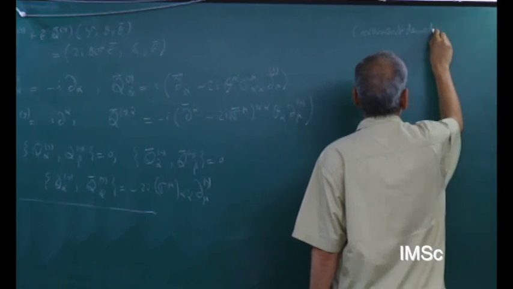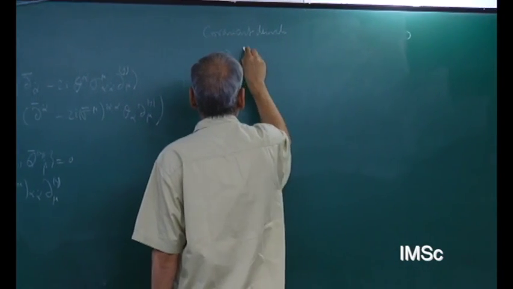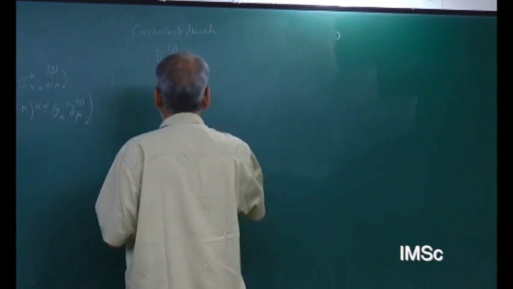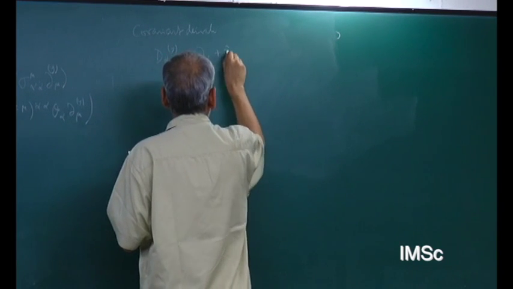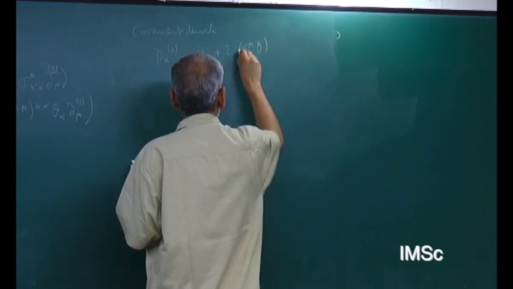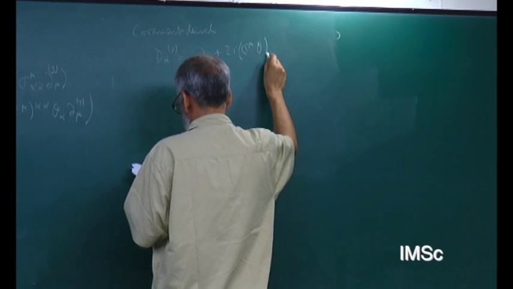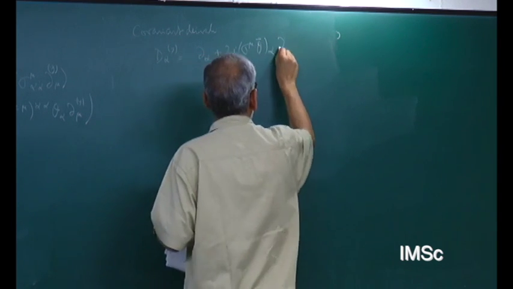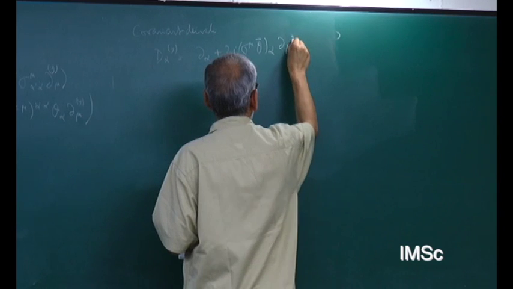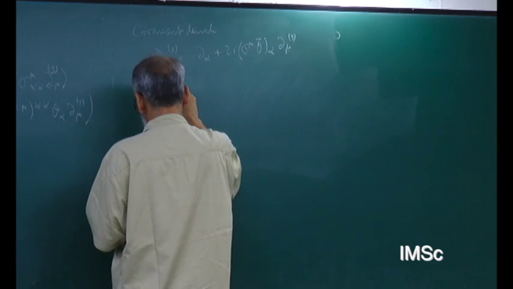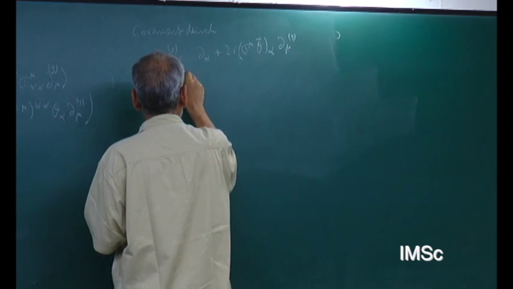Covariant derivatives D alpha Y is d alpha plus twice i sigma mu theta bar alpha d mu Y. If I raise it up,